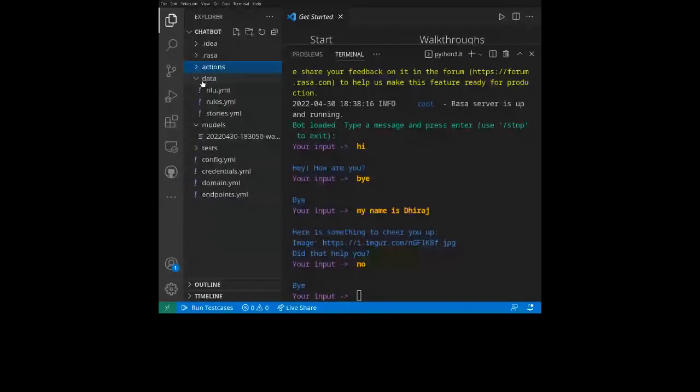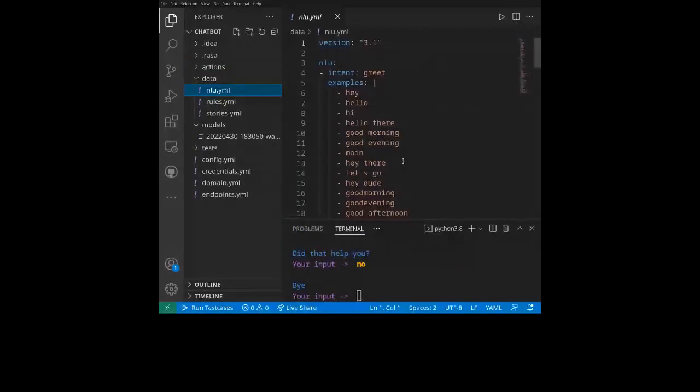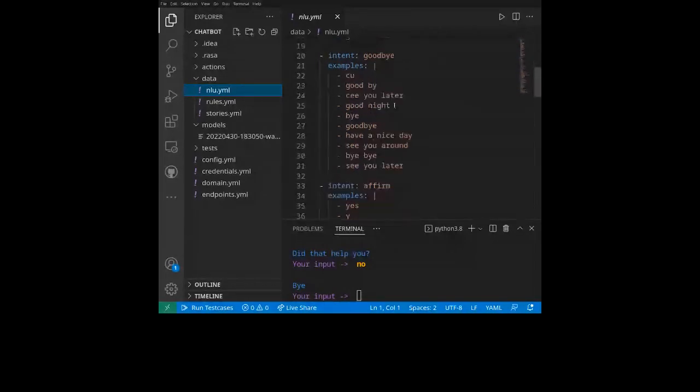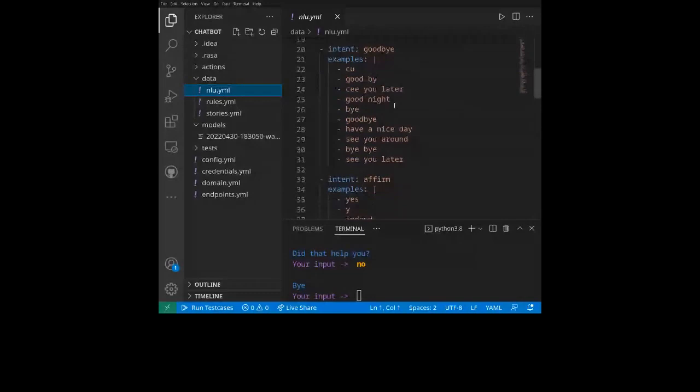Let's talk about data. In the folder, we have something called NLU.yml. Now, as we were talking about earlier, what is an intent? I will explain everything right now. So NLU, as the name already suggests, has all the training data that we will give to our bot. It has intents, and some examples for that particular intent.